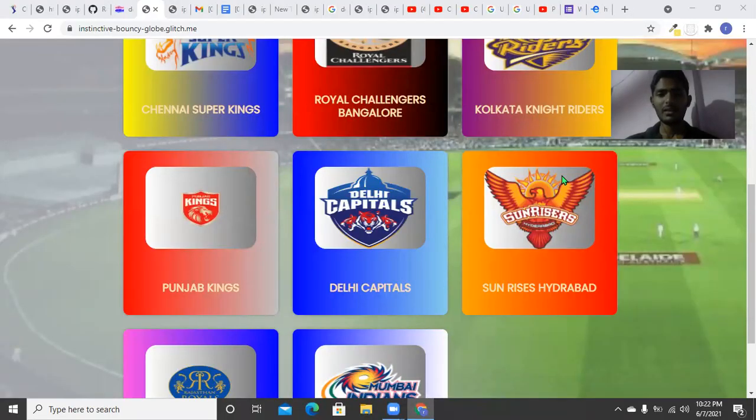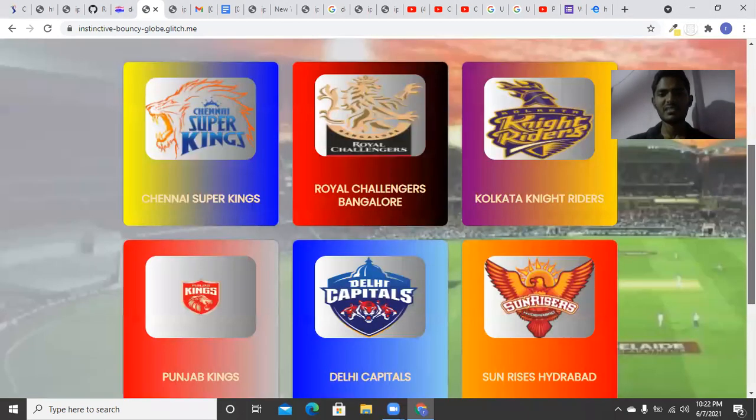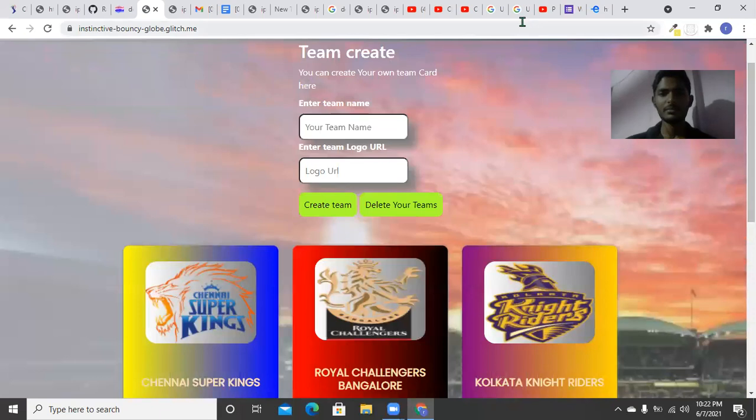If we click the card, it redirects to the team page. The team page contains all the details of the team players, the list of all the team players' names. If we click a team player's name, we will see the information of the team players, such as date of birth, player name, and so on. We will see the players' information in that team page.